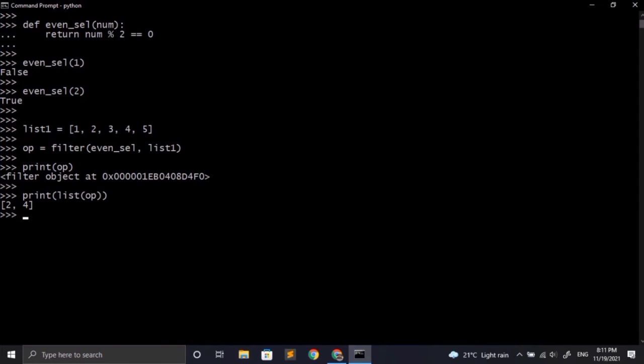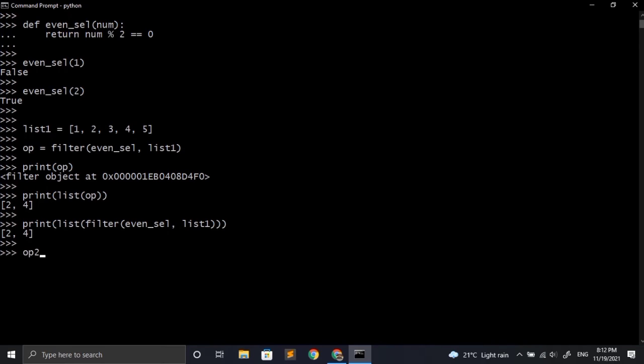So we can see how easily we have converted a function which was taking only one argument, and it is now working for a whole list or a sequence. So we can directly do the whole thing that we have done in one single line. For that, first of all we have to call the print function. After that we have to call the list for typecasting, and finally we have to call the filter method and provide our arguments. So we can see that it's working perfectly fine and the output is also same.